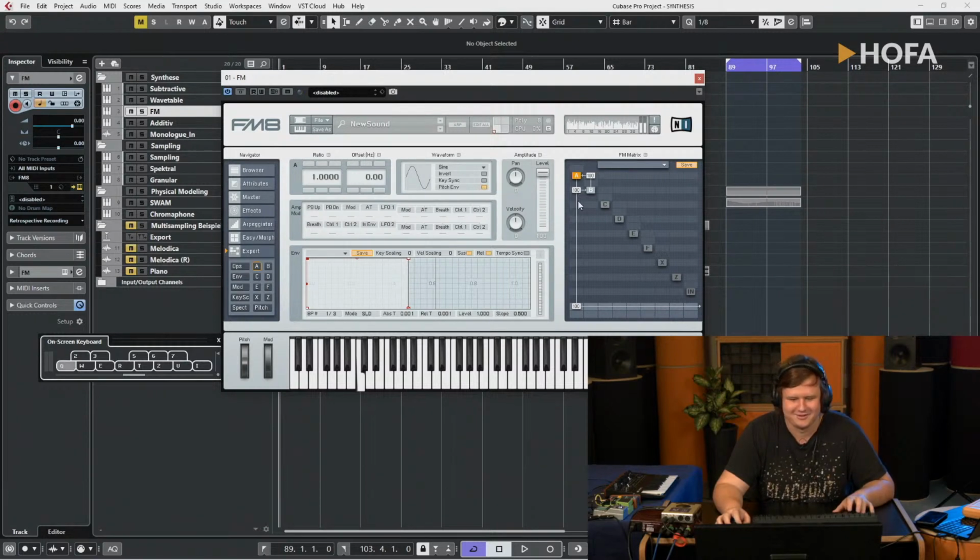Now, how does this get interesting? We can actually change the ratio of our operators. Which means our fundamental stays in the same place. But the modulating operator is going through the harmonics. So if we listen to the modulator instead,